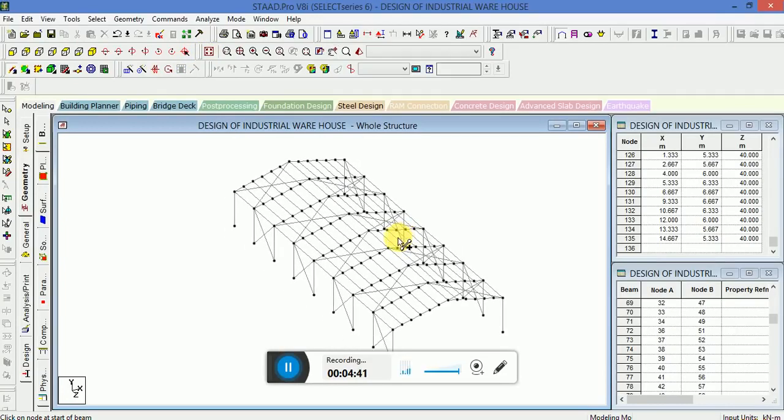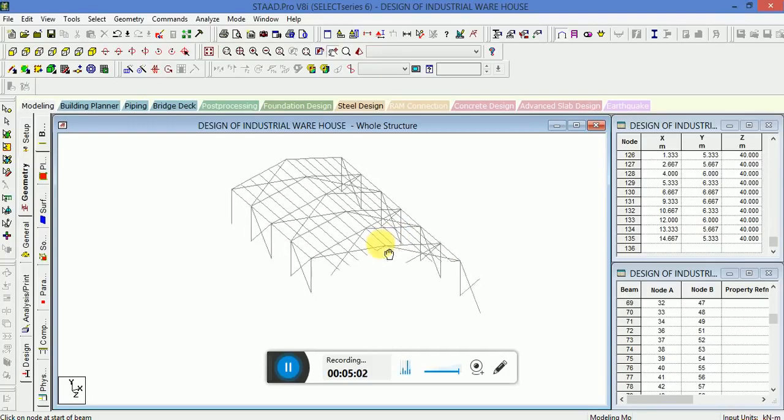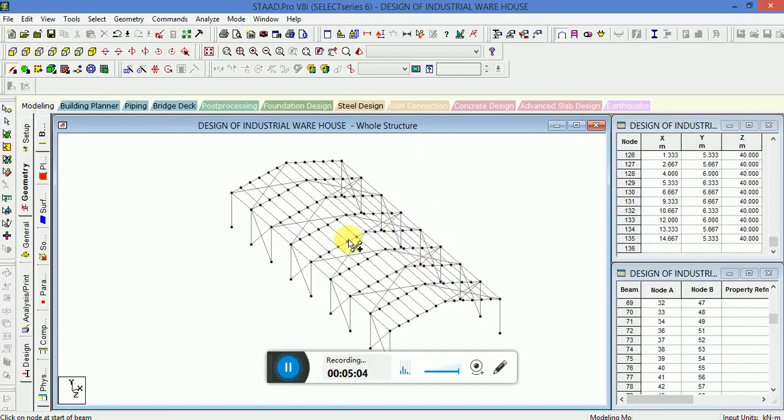This is the design of an industrial warehouse, that is of a total steel plant. You can see in mechanical plants this warehouse is available everywhere. The parts are manufactured, and industrial warehouses are used in those particular sections. So this is the modeling part we have done. Now we're going to make groups